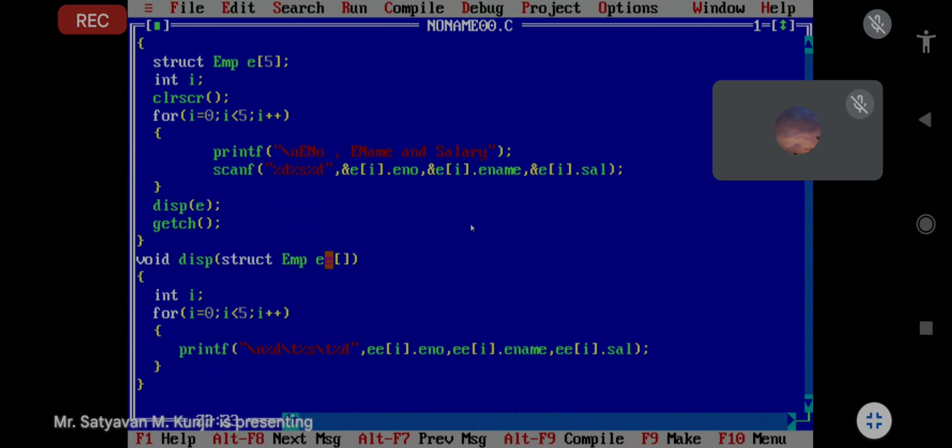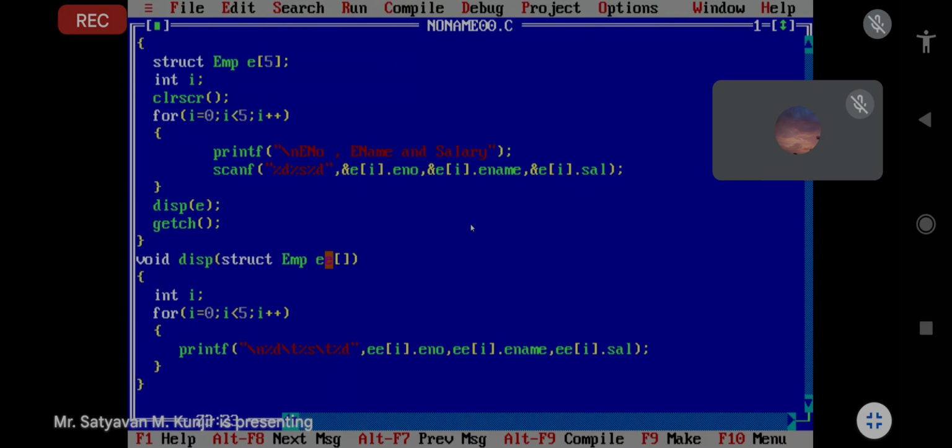Same program, only the details of a particular employee are to be displayed. Write a C program to accept the details of 5 students, and display the details of a particular student.